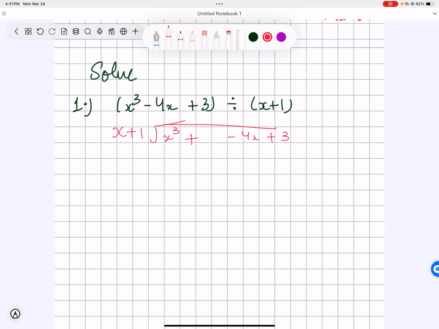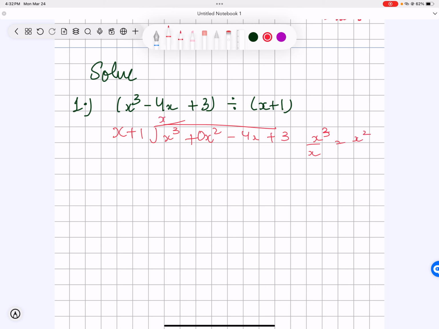We would have to add an x square term, because the variables should be in descending order, and then we can carry on to multiply all these variables and divide it. So here first I'm gonna be dividing x cubed by x, which will give me x squared,